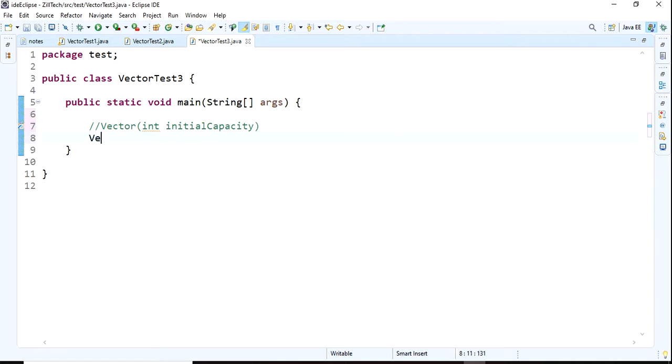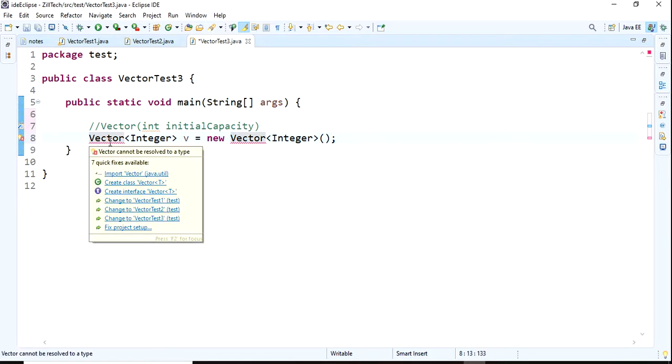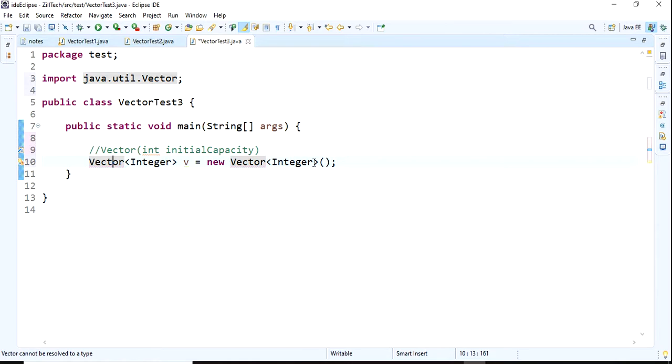Vector integer v equals to new vector integer. Okay, fine. Now I will import it. Here I need to initialize. I am initializing with 3. Then I will add the 3 elements.